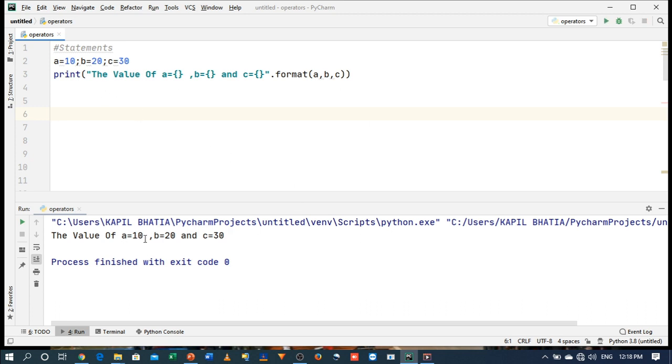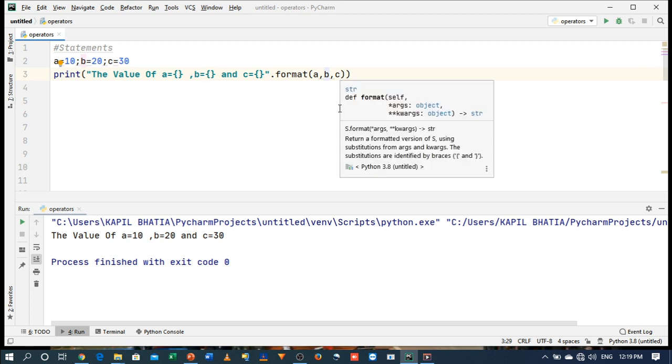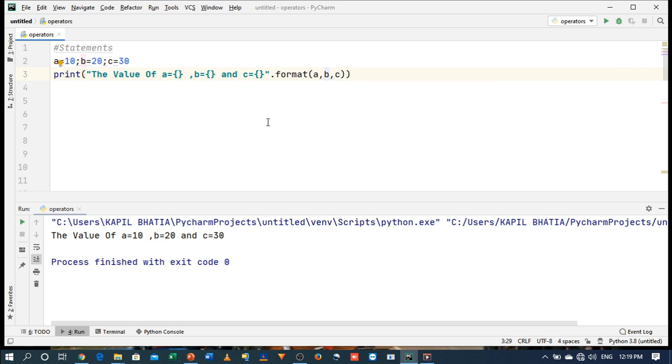The value of A is equal to 10, B equal to 20 and C is equal to 30. Here we mention A equal to 10, B equal to 20, C equal to 30. This is my placeholder number 0 and is replaced with the value of A. This is placeholder number 1 and it is replaced with the value of B. And this is placeholder number 2, replaced with the value of C. So I hope you understand how to use statements in Python.